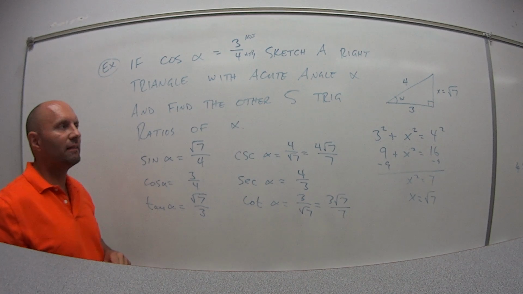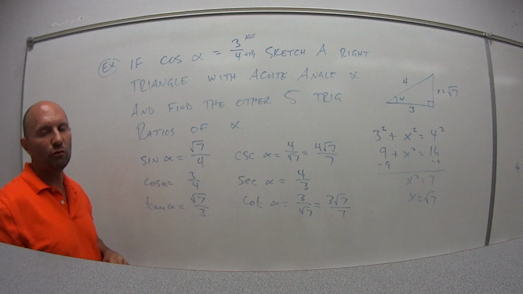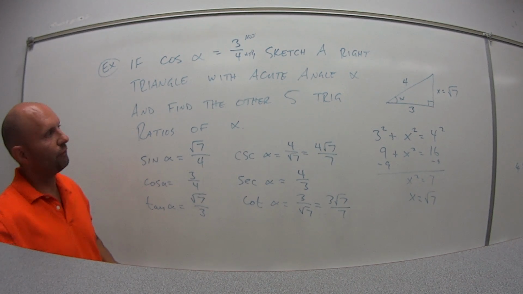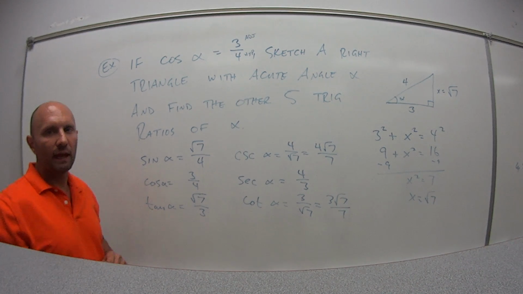First we had to find the unknown side of the triangle. Once we had that, we were able to use just our definitions for the trig ratios to find out these values. So that ends video